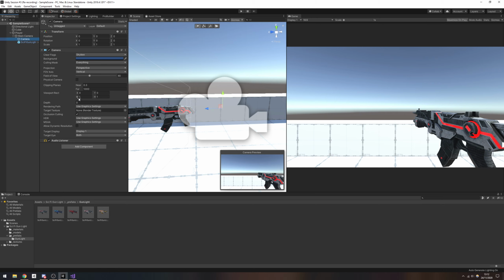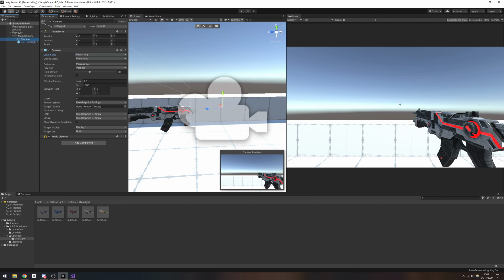Cameras with higher depths are rendered over ones with lower depths. So this secondary camera has a depth of 0. That's what we want. But we want to turn off rendering most things. So first of all, we will change the clear flag to depth only, and that means it won't try and draw a skybox or any sort of colors over it. It will only use the depth information from the previous camera's rendering. And that's important